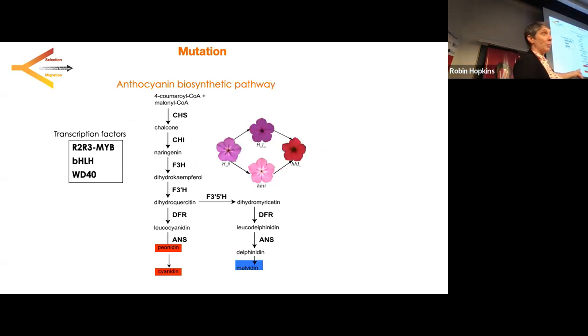And this is it in basic schematic, where these bold enzymes next to the arrows are basically genes that you can find in any plant, right? The primers work for any of them. It's beautiful. And then in the box, there's transcription factors that have been shown in a wide variety of plants to regulate these core enzymes in this pathway, or the expression of these genes.